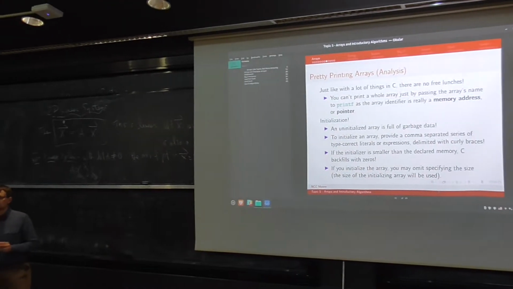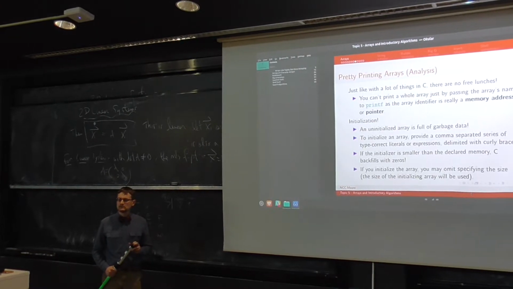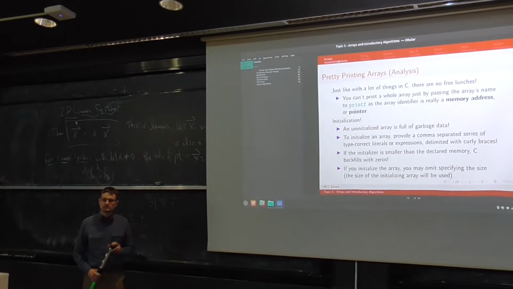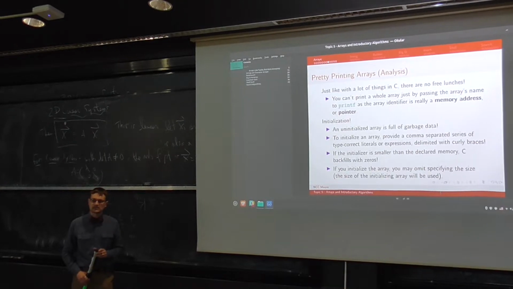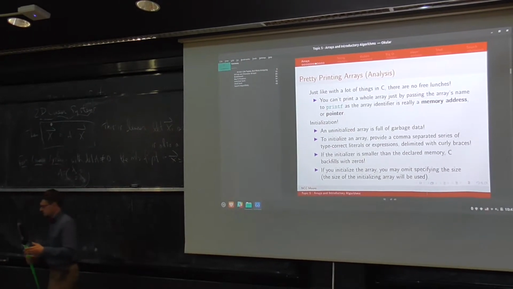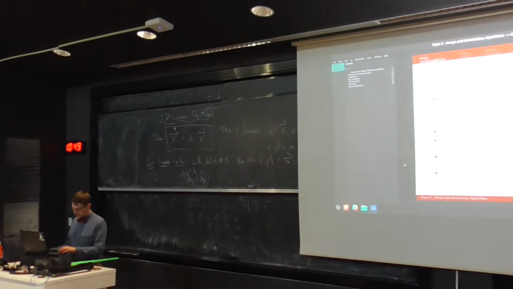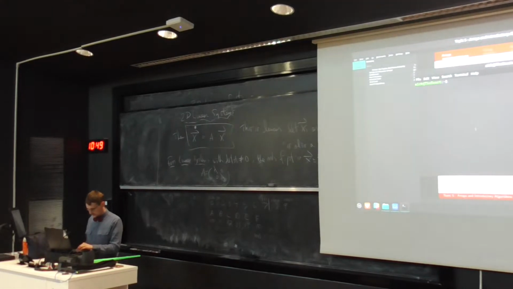That's right, folks. Memory is just memory in C. It doesn't actually keep track of the size of its own arrays. There's no such thing in C. So, for example, if I were to write a simple little C program,